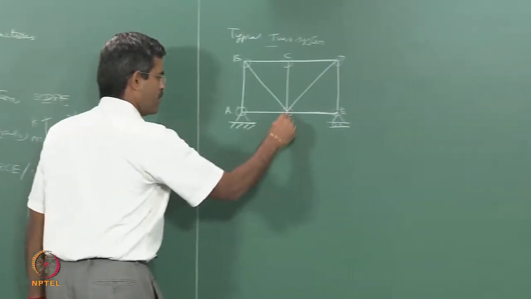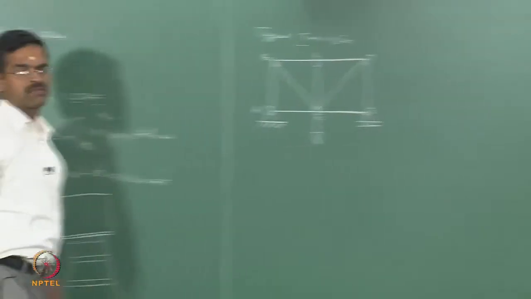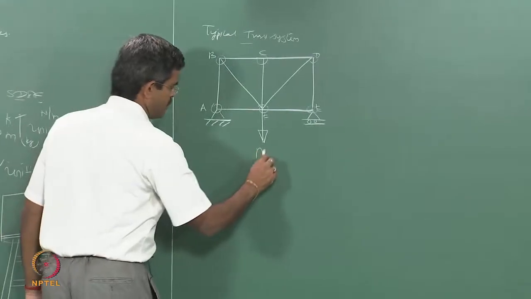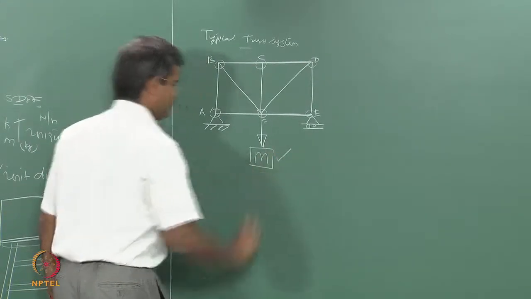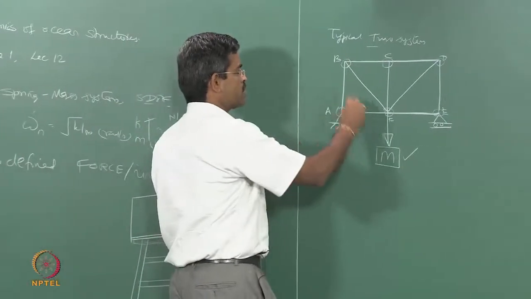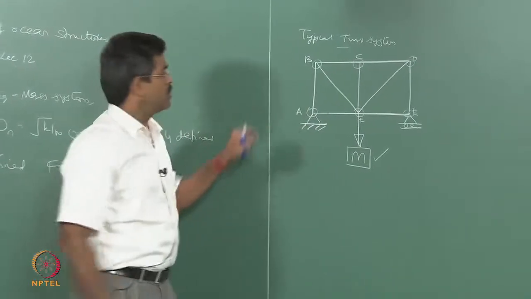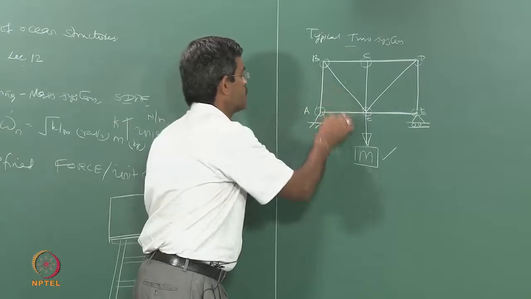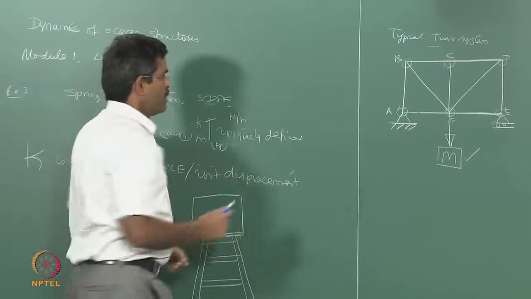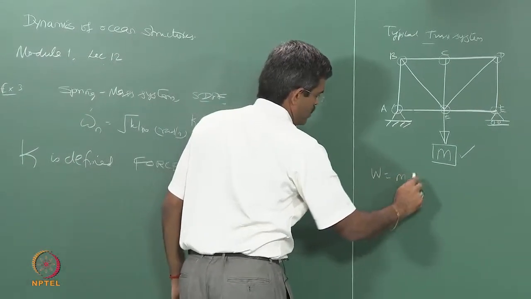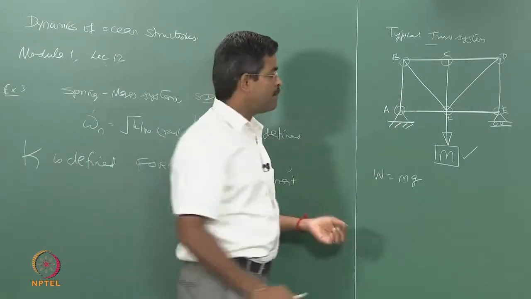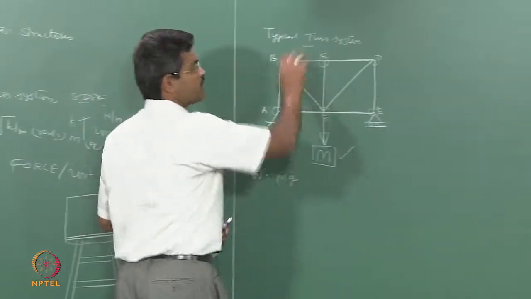Let us say the mass of the entire system is suspended at this point and it is known to me. You can easily find this mass, because if it is a given system, if you know the cross section dimensions of each member, the density of the material, and the volume of the material, you can find the CG of every member, take a summation and find y bar and x bar, so you know where m is acting. So, W is mg, you will actually know W, so divide by g and you will get m. So, m is known to me. m may not be exactly at this point, m may be somewhere here which is the CG of the entire system. Okay.